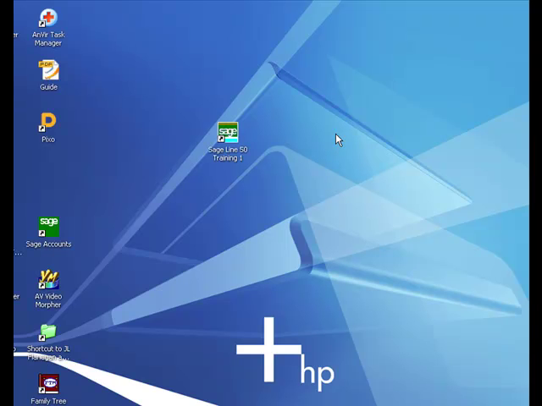Okay, in this brief video I'm going to just show you how to use the Sage Line 50 training disk. When you've installed it, you'll see a wee icon like this one here appear on your screen. Now I've moved it to the center of the screen so that it picks up on the video here. So to get it going, you just double click,